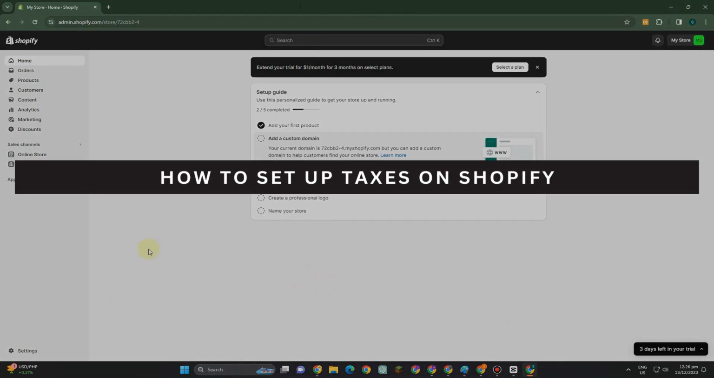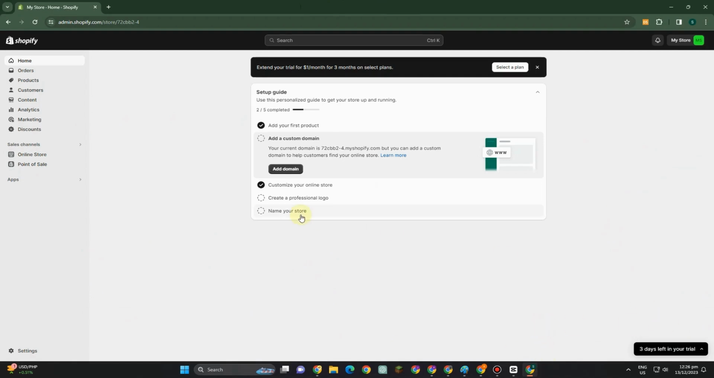How to set up taxes on Shopify. So this is a very easy tutorial. First, you just have to log into your Shopify account, and then you can see here on the left side,